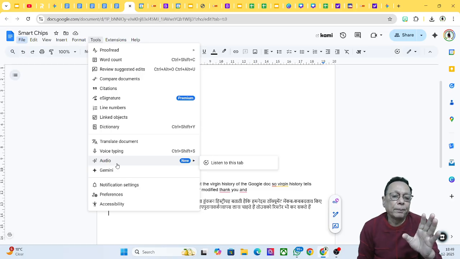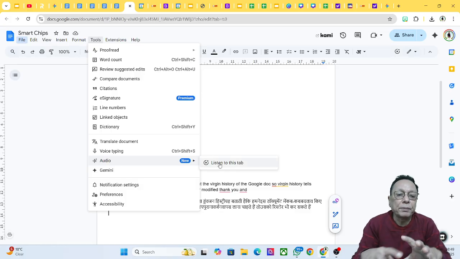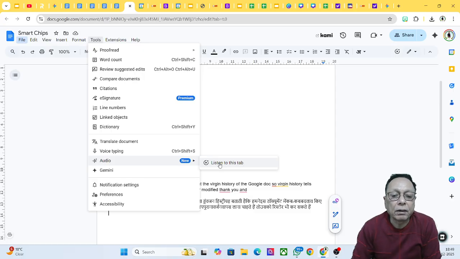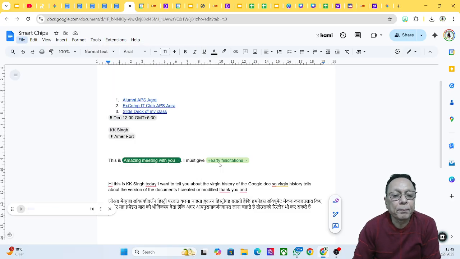It will read out the entire document. So if I click on this, listen to this tab. This tab means this document. The screen open the screen. So when I click on this,